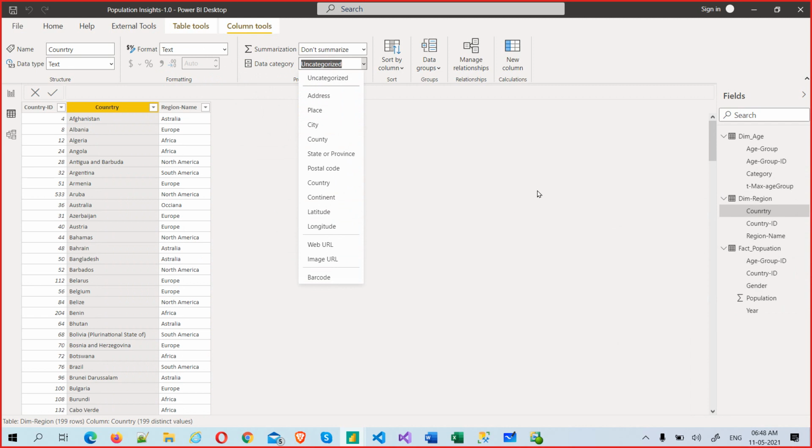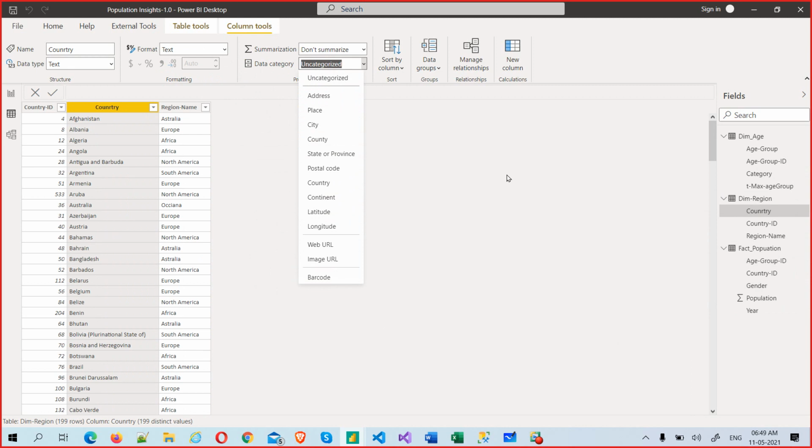Previously, if you wanted to work with the map visual, we should have created a longitude column, and it was so hectic actually. At a later point of time, longitude and latitude came into data categorization, so it is very easy. And then the map country categorization came, so we no longer need to work with longitude and latitude. Previously, we used to go to Google, fetch the longitude and latitude for countries, and create the columns. It was a lot of effort.